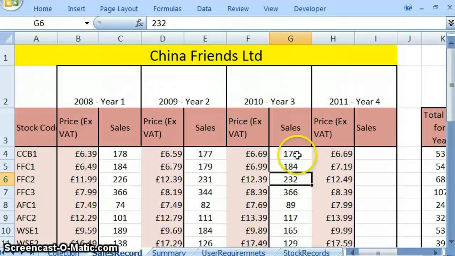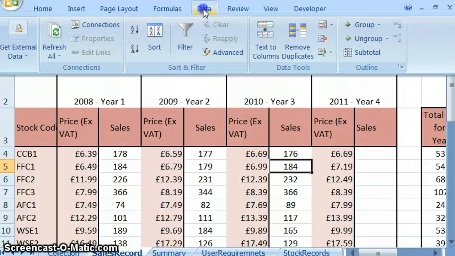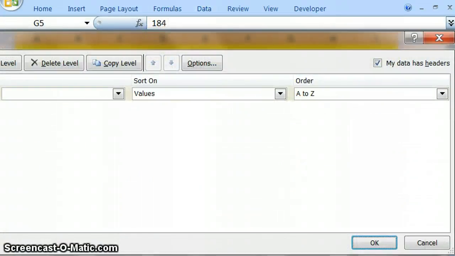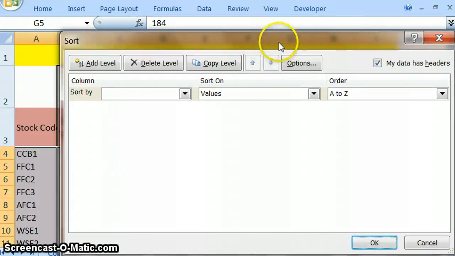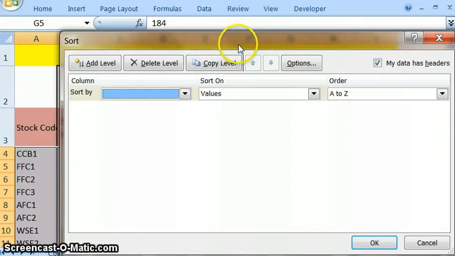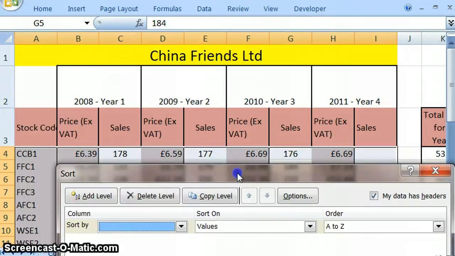Okay, so sales last year basically means put the whole of this into order so that they can see which one has sold the most right at the top here. Okay, so that's what it means. So I click anywhere in the sales, and to do the sort, it's under data and it says sort, so we just choose that. And then if I just make this slightly smaller so you can see what's going on, when I drop down the list of sorts, in mine the headings are price excluding VAT for all of them and sales for each of them. So I need to not look at the first sales or the second sale or the third sale, but the fourth,